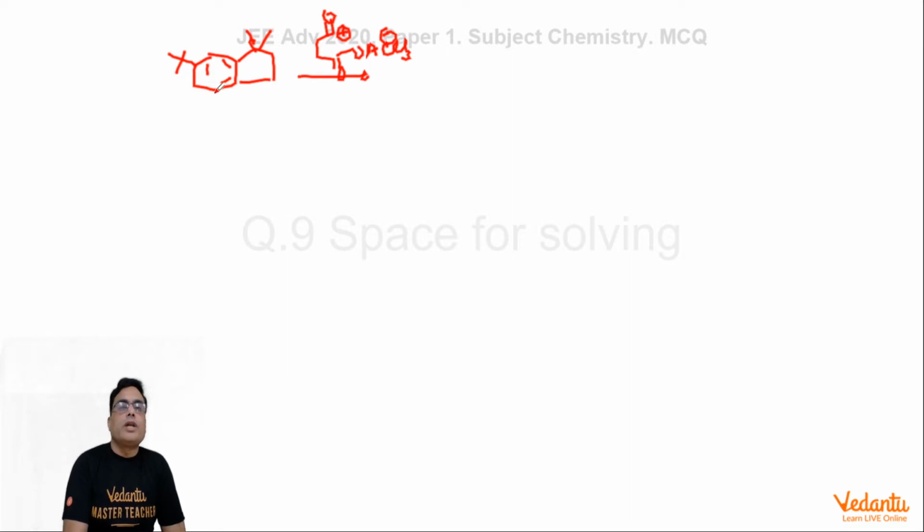This electrophile will attack at the ortho position of this group. You see, this group is the best group because it is having 2 alpha H, and it is the best donor out of these 3 groups, and its para position is already blocked, and that's why ortho will be attacked. So it attacks at the ortho position. After attack at the ortho position, what you get is